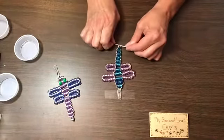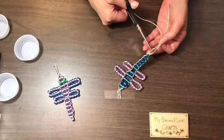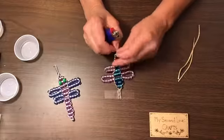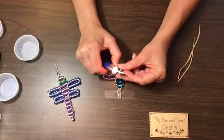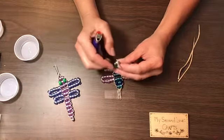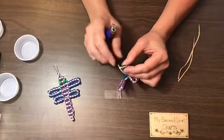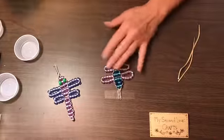So now we're going to take our scissors, and you're going to leave a little end because we want to burn that, because remember this cord frays. Okay, make sure it's snug, and then you're just going to take your lighter and burn it. Make sure it doesn't start on fire. It has happened before. And do the other side. And it does get very hot. It kind of melts it, which is what you want because you don't want that knot to come loose. And there we have